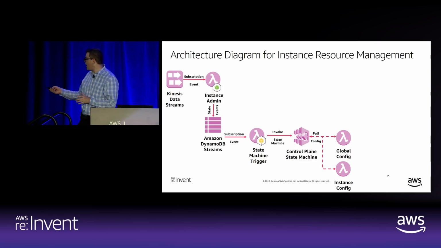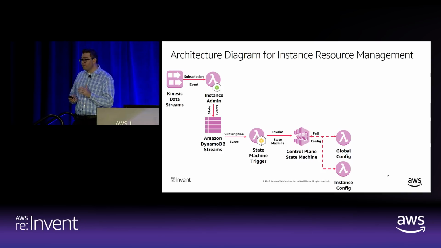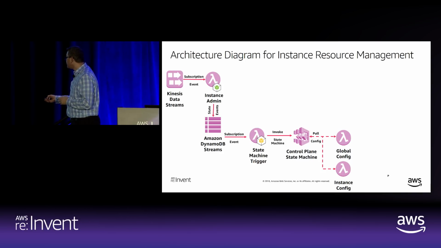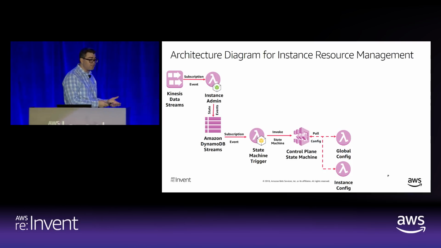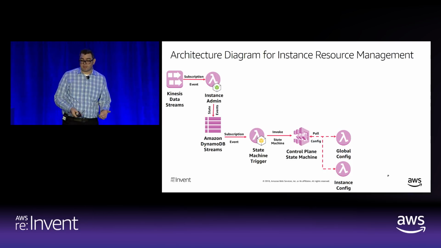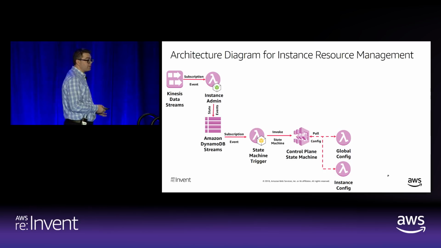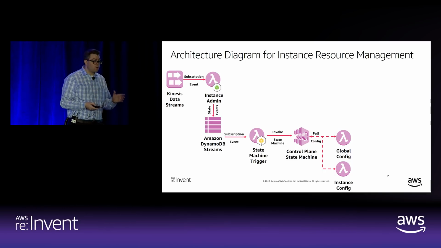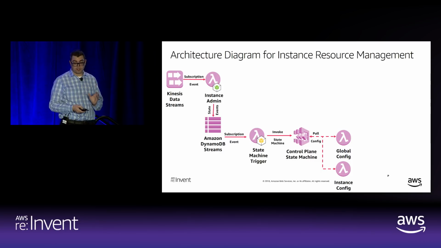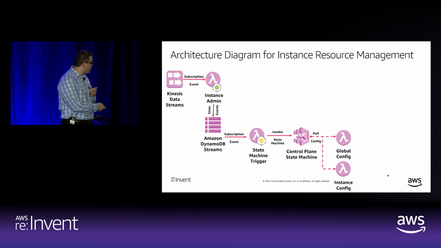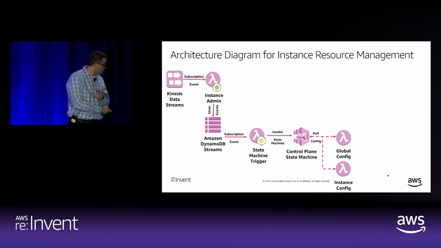Now, one of the big things that I want to ask each of you is, why would I use a global configuration service? What's the value proposition here? My value proposition specifically is because I want to release products per region based on my rollout schedule. So AWS releases services to each of you in different regions based on when we get compliance and regulatory requirements based on region, when we meet the sovereignty necessities of that corresponding country, whatever the case may be, we're only going to deliver certain products in certain countries or in certain regions. So you need a way to identify where it's allowed to be deployed and how it's allowed to be deployed